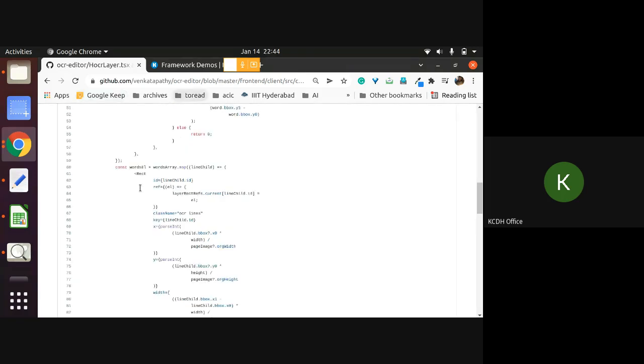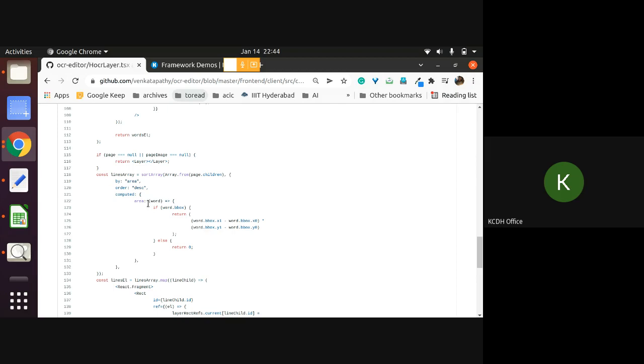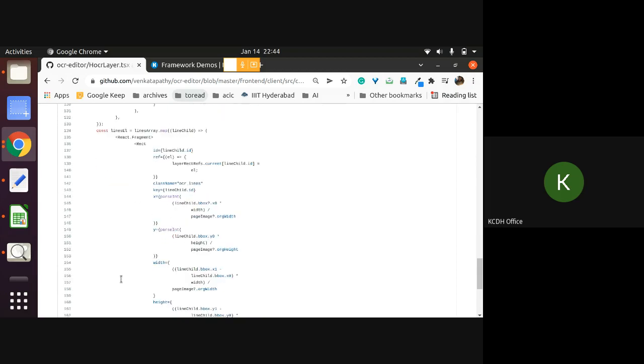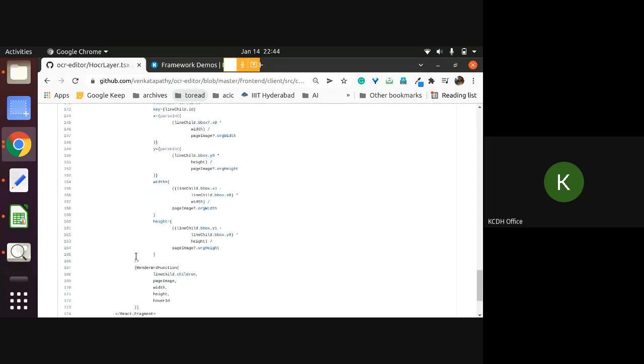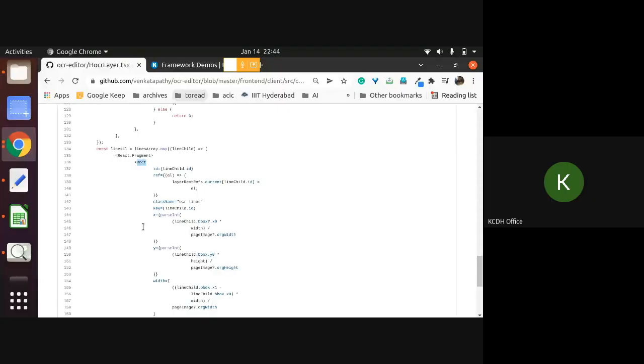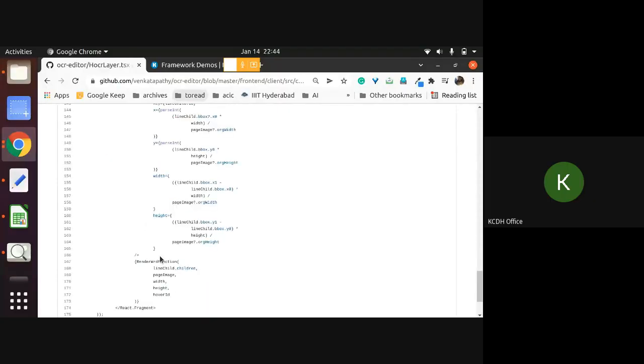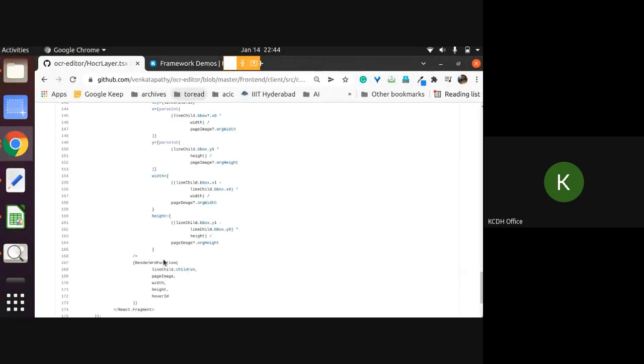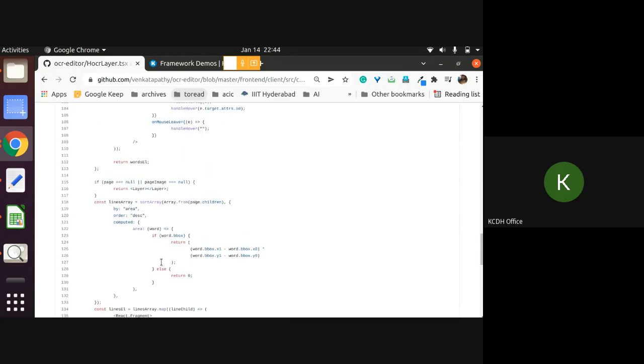Okay, this is a very important component for you to read so that we can understand how to hover whenever we go through a different word, and how we can manipulate it, how we can make it richer, etc. Okay, so if you look at the layer itself, the layer will have a lines element. Lines element is nothing but a rectangle component, and within that rectangle component it will display something called the render word function. This render word function will return the word element again.